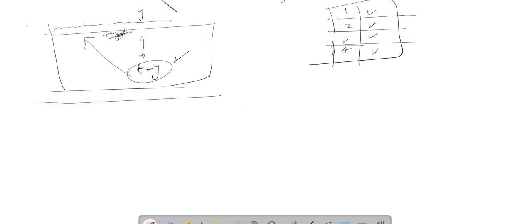Now, there is one way to solve it where we generate all the pairs. This is an expensive proposition because it's going to cost n square. And why is this going to cost n square? Well, I can do the analysis on a piece of paper, but the idea is that